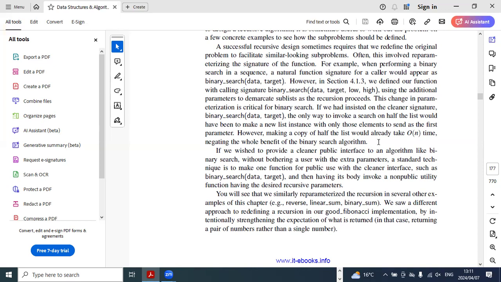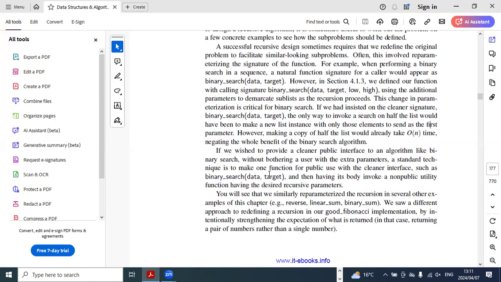However, making a copy of half the list will already run in linear time, O(n), negating the whole benefits of the binary search. If we wish to provide a cleaner public interface to an algorithm like the binary search without bothering the user with the extra parameters,